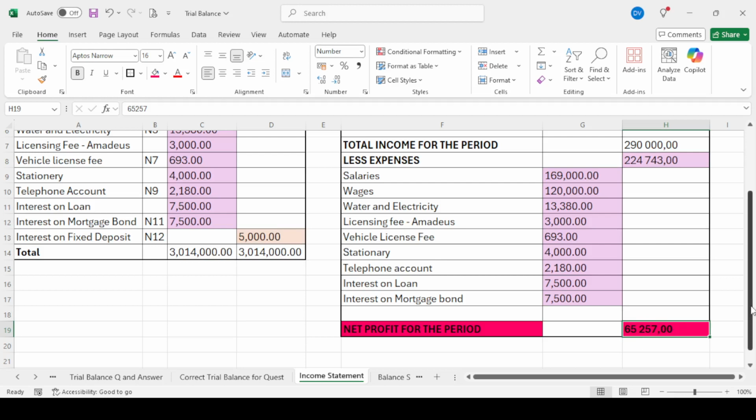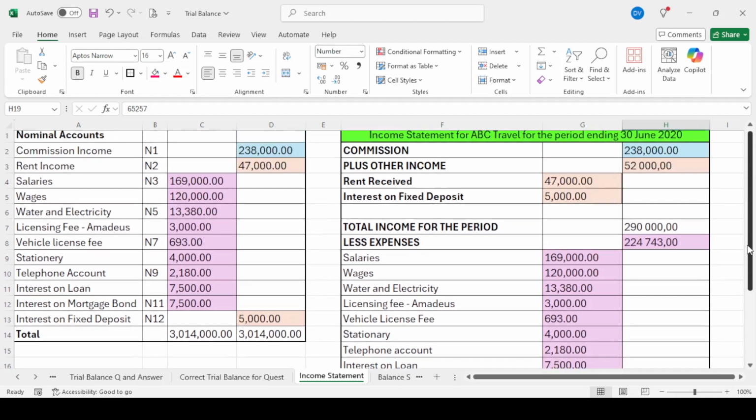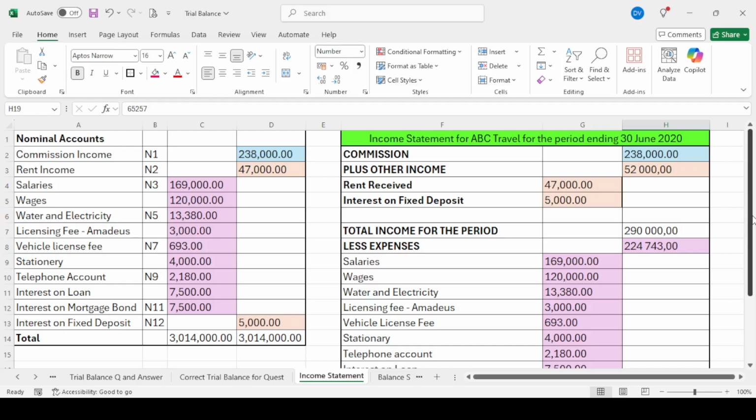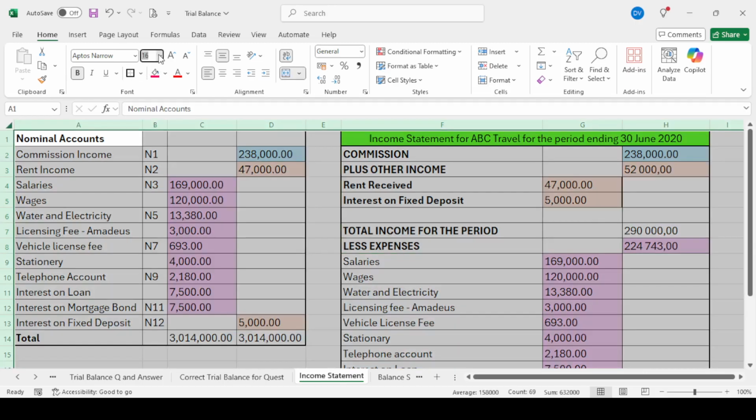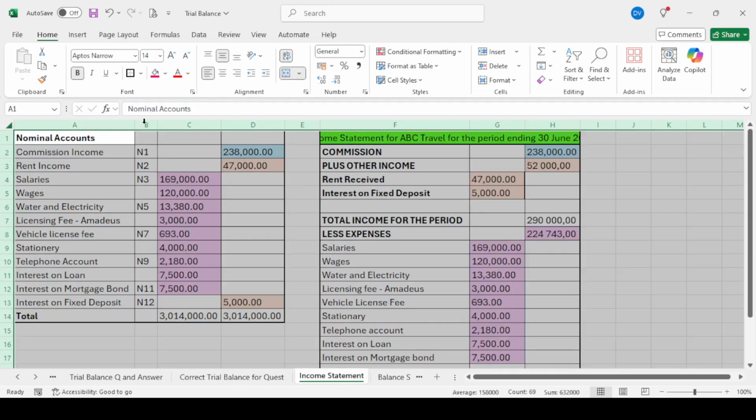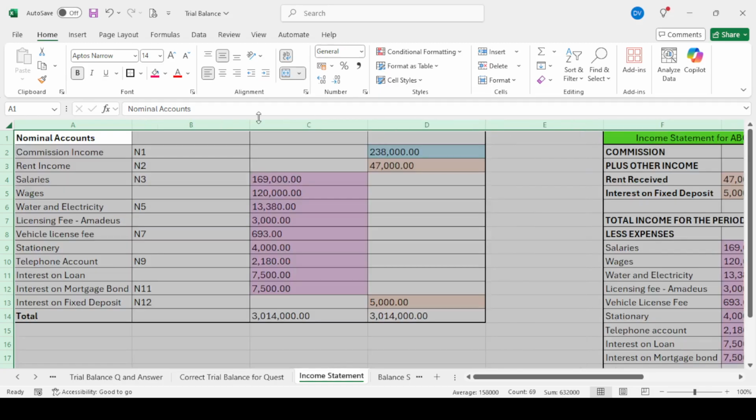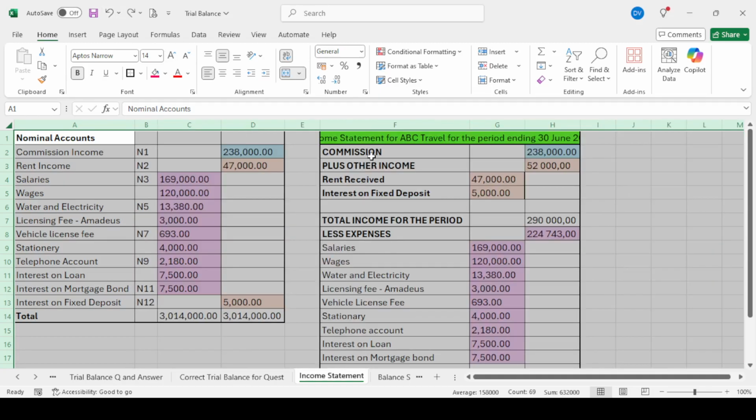Okay, so this is a short video. I wanted to just do a quick one on the income statement. It's really not difficult, but you must know your format. If you don't know your format, you're going to struggle with this, guys. So I want to make everything just a tad smaller because I want you to see it at a glance. I don't know if that's going to be possible. Let me make it one more font size smaller.